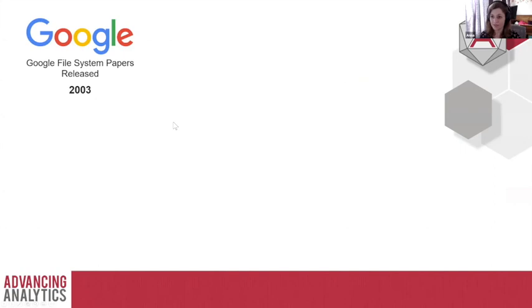Back in 2003, Google releases the GFS, the Google File System. Google were facing a problem in that they simply couldn't find disks big enough and fast enough to store all of the data they had. So they came up with a master plan to chunk files up and spread them across multiple disks. This became HDFS and the tech that is inside blob storage, Amazon S3 buckets and Data Lake Store.